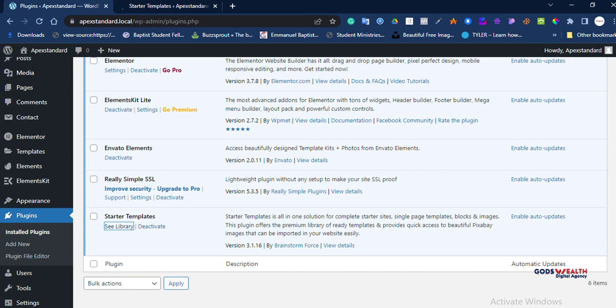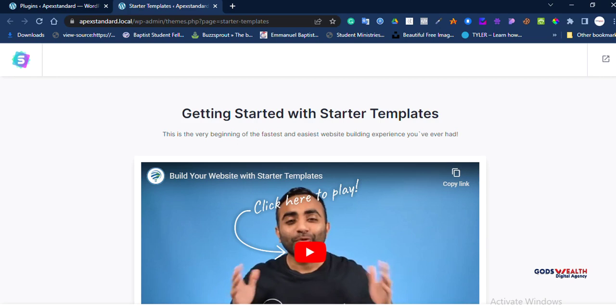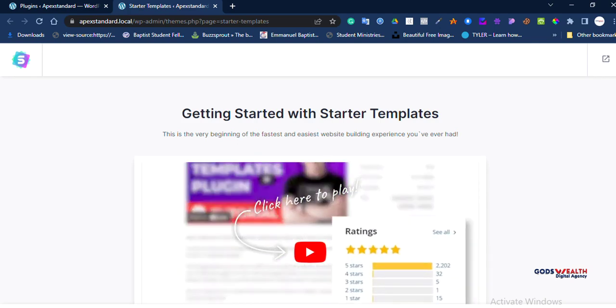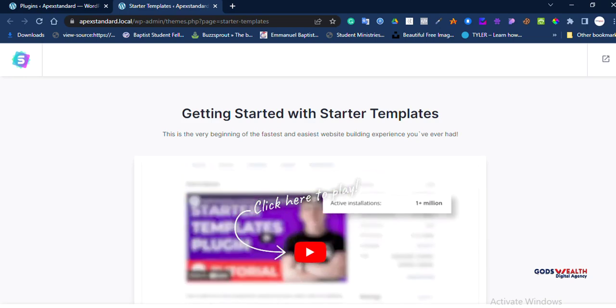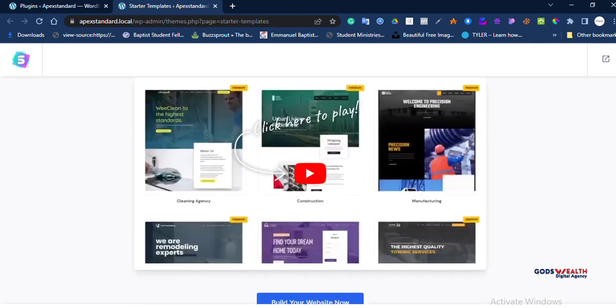Astra is a theme, and on its templates we have both free and paid ones. But we're talking about pages, and I told you that to build a page you need a page builder. So this starter template, the pages that have been pre-made for you, are built with